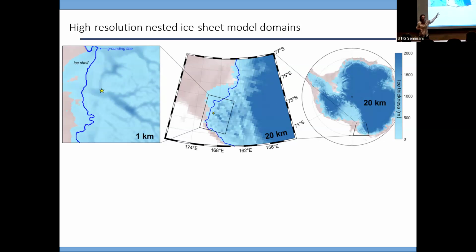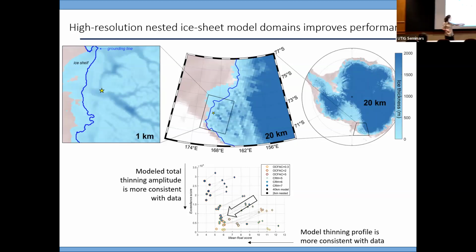And so one of the things we're doing in this project is I've run a bunch of continental scale models, sort of classic approach, and then I've downscaled each location where there are exposure age dates. I've downscaled into a 2-kilometer by 2-kilometer resolution postage stamp that's driven by those boundary conditions everywhere across the continent to try to replicate this thinning in a way that actually resolves the relevant environments like the trough and the mountain peak. And so far we've demonstrated this actually really improves model data agreement. So, great, this is a proof of concept.